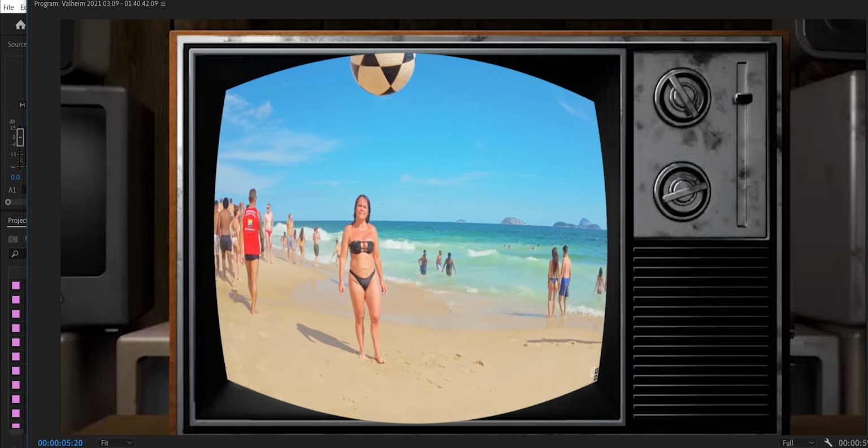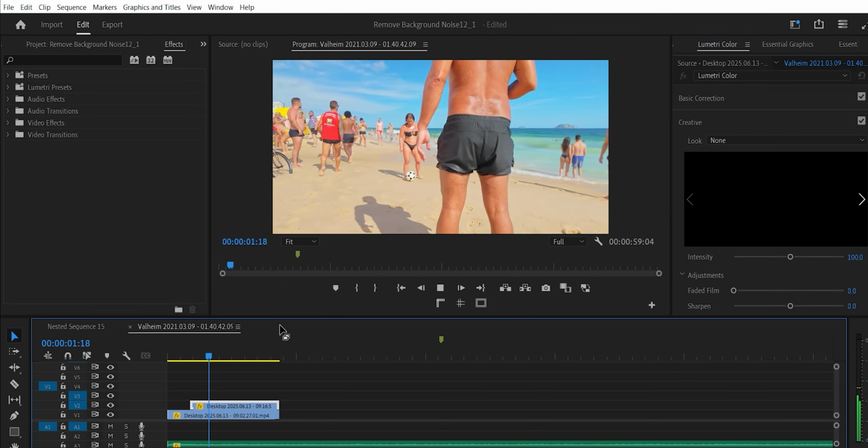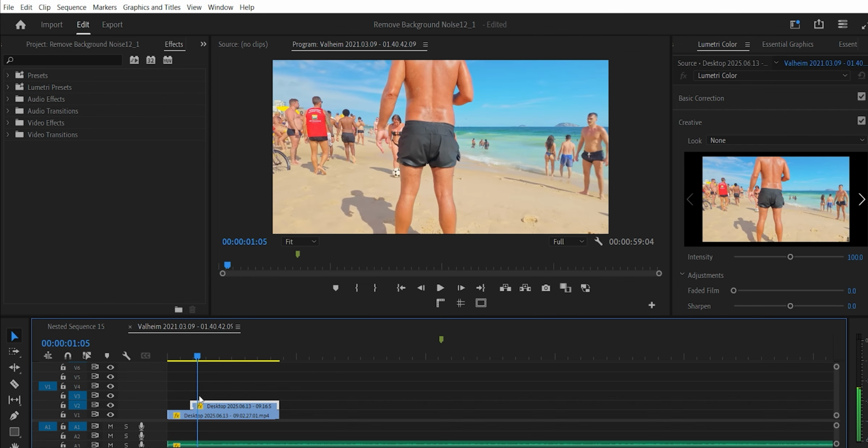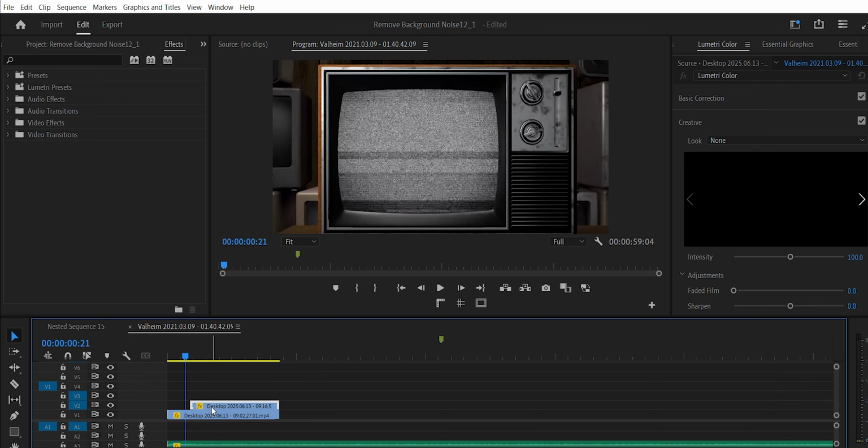I wanna show you how to change the TV screen in Premiere Pro, let's go! I have already edited two video clips on my timeline. The lower clip is the shot of the TV, and the upper one is the footage I want to display